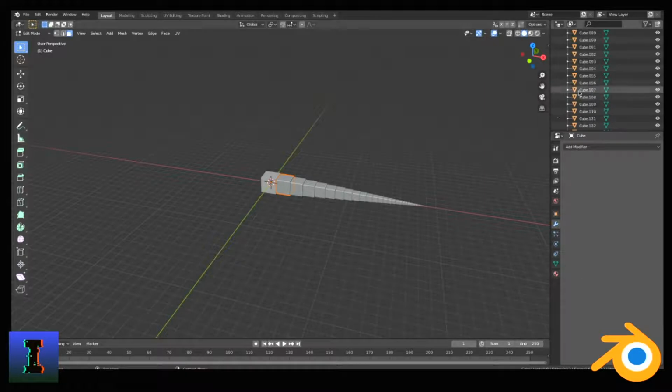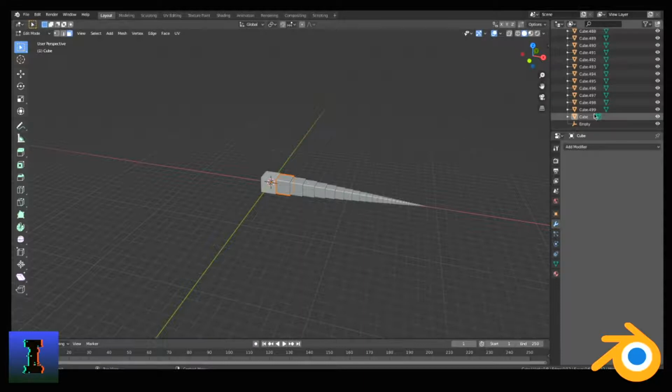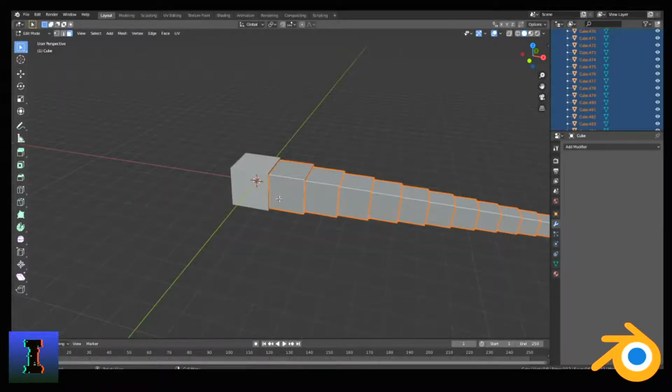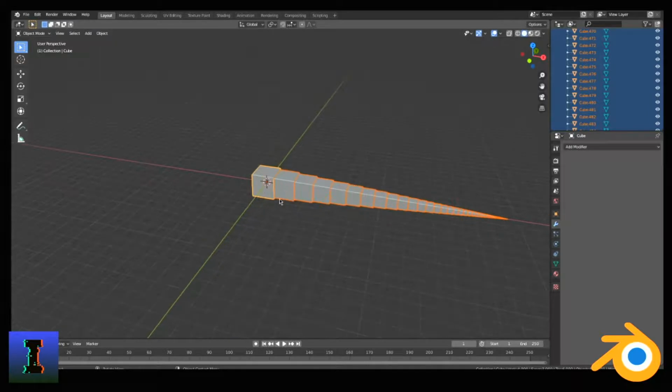So you may want to spam scroll down to 500, because I don't think there's any quicker way of doing this. So you've literally just got to go down to the 500, and I think, yeah, there's 499, and then there's another cube. And then just do Shift, click on that one, and it will click on all of the ones in between. So we need to get out of edit mode with Tab, and then just do Control G, and it will say create new,